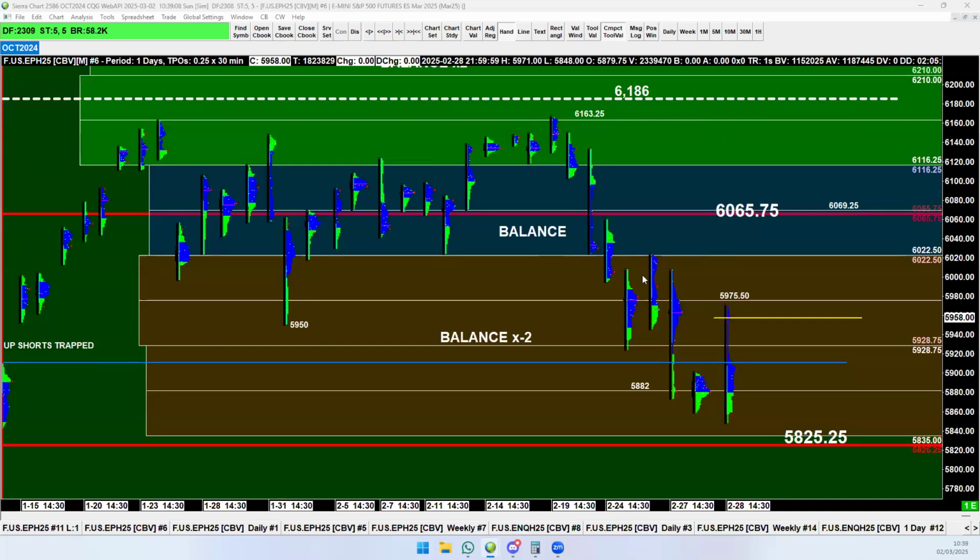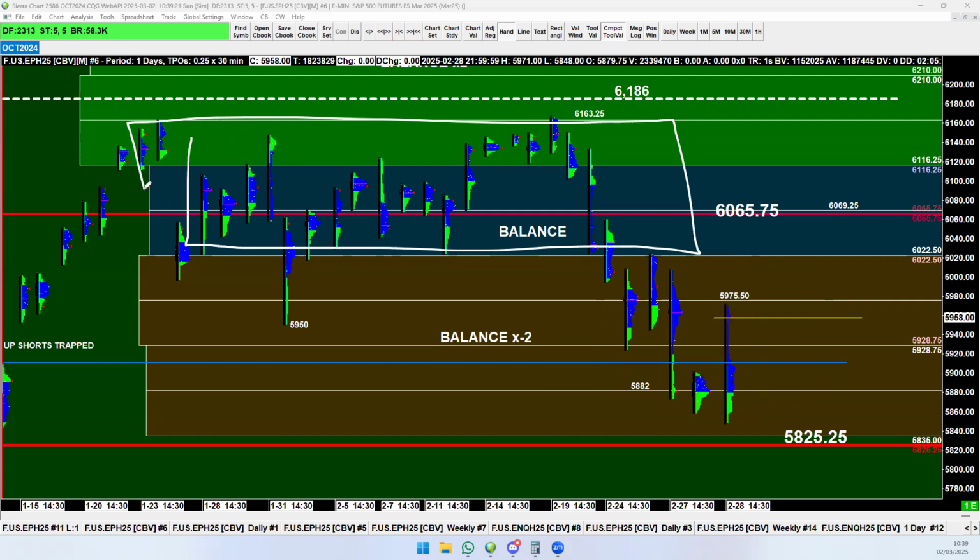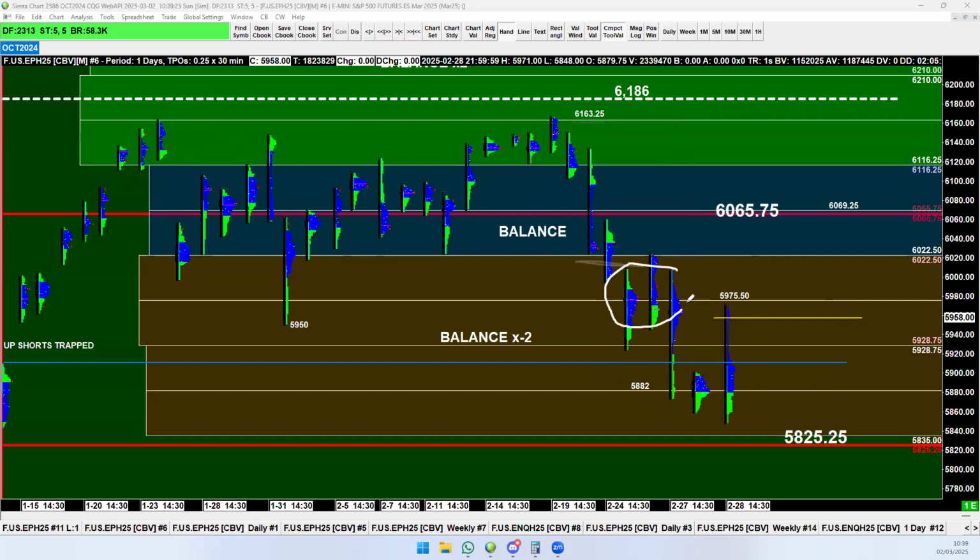We went into this under 22. The target was 50.35, and we didn't quite get there. So we rotated back up. We're still in this zone. As you can see, the overhanging inventory above 60.22 is still there. And we closed right into this area where there's a chunk of volume, right? So there's going to be some inventory in there that we're going to have to clean up, which goes into